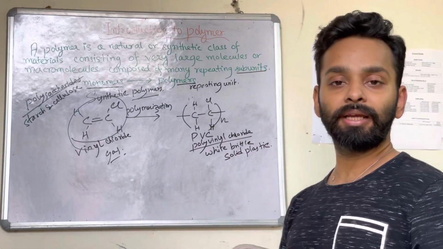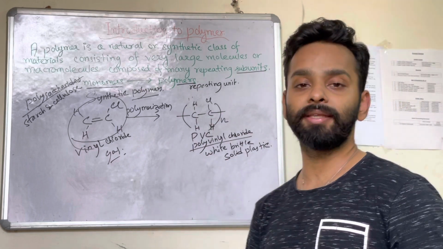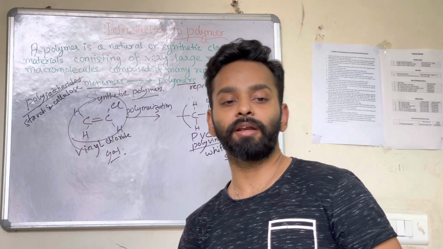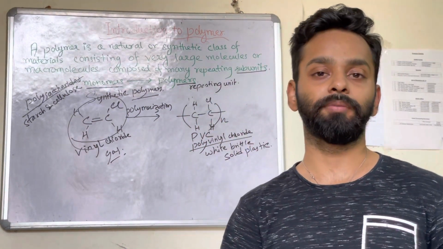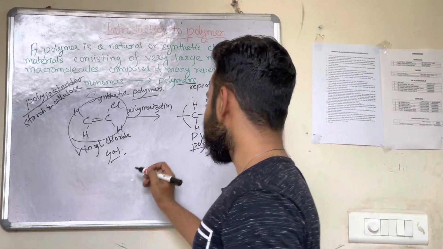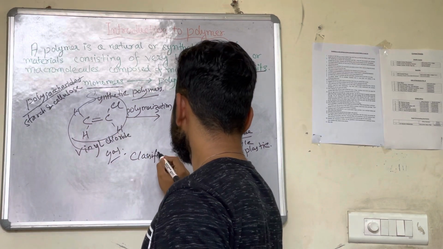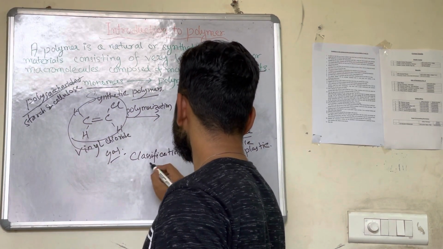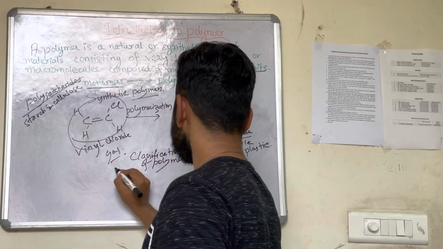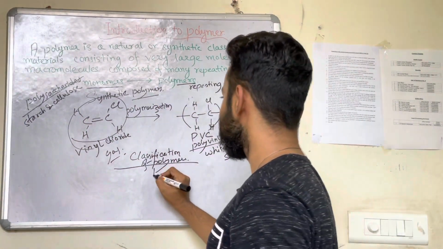Now coming to the classification of polymers, there are different classes of polymers, or different ways in which these polymers can be classified. So based on the properties, there can be different types of classification of the polymers. We can look at some of them. In one particular manner of classification, they can be classified as